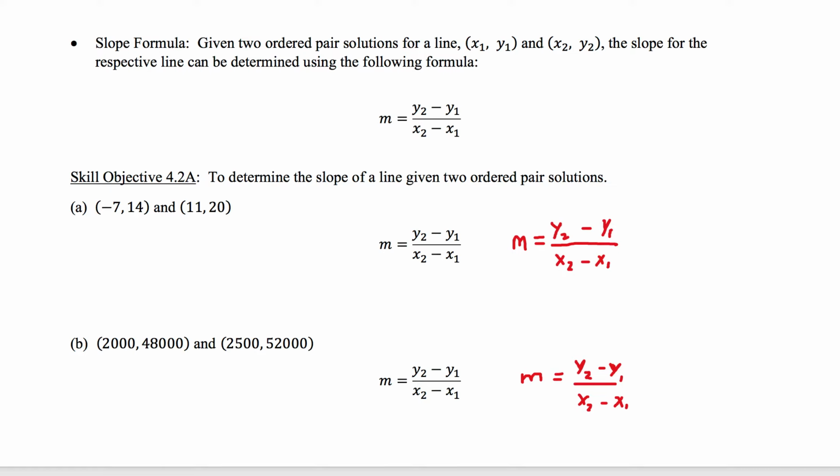We have the points (-7, 14) and the point (11, 20). So the easiest thing that you can do with this is to go ahead and label each of your points. So this (-7, 14), this is our first point. And we know that every point has an x and a y. So I'm going to label this x1 because it's the first point and it's the first x. And I'm going to label this y1. Again, first point, first y. The (11, 20) is our second point. So it's going to have the second x